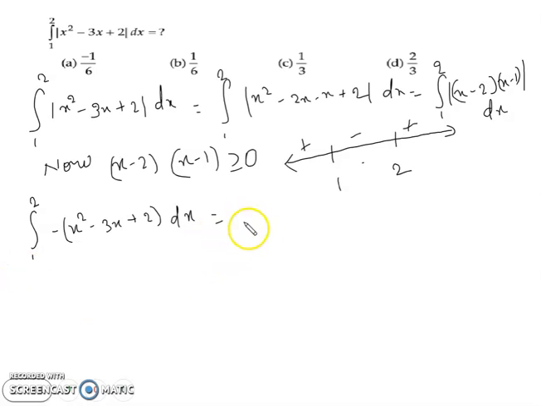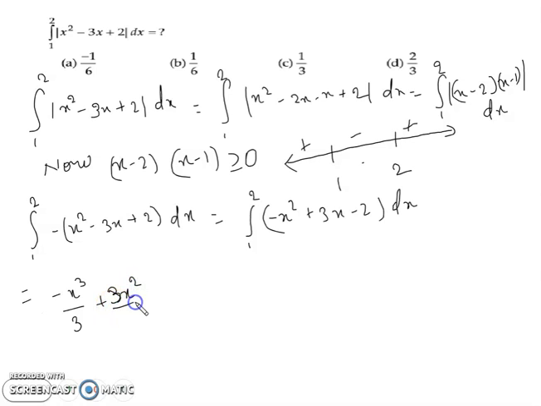Okay, and now you can take the common factor and multiply minus inside, and you can write here 1 to 2, so it becomes (−x² + 3x − 2) dx. And now I am going to integrate all this term because it is a very simple form for integration. So the integration of x² is minus x³ by 3, plus the integration of x, you can write here 3x² by 2.